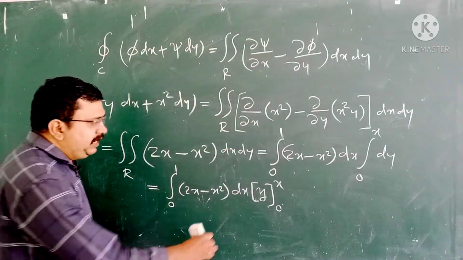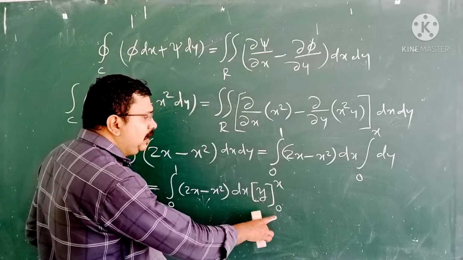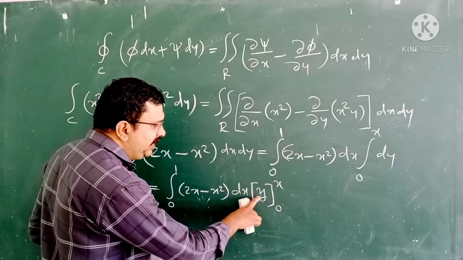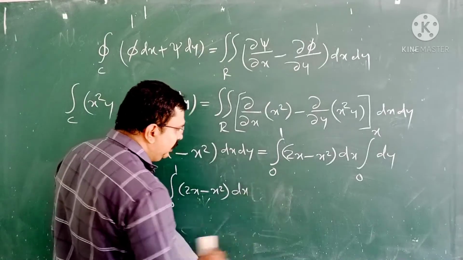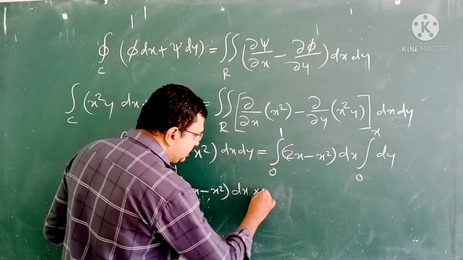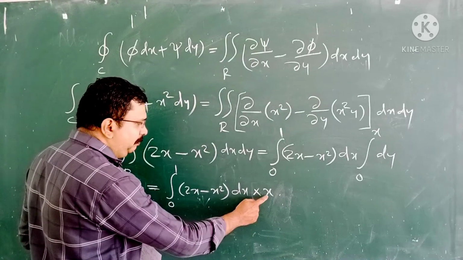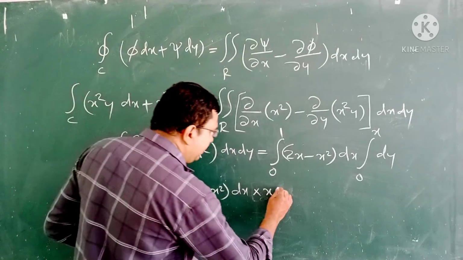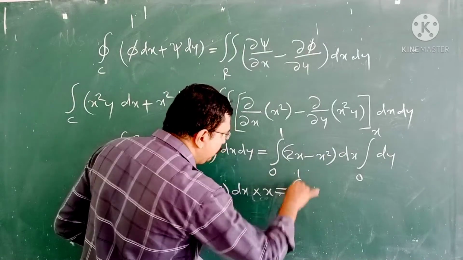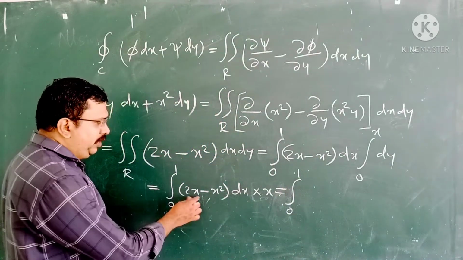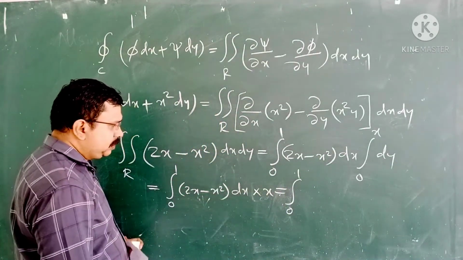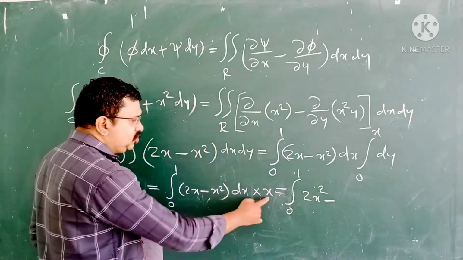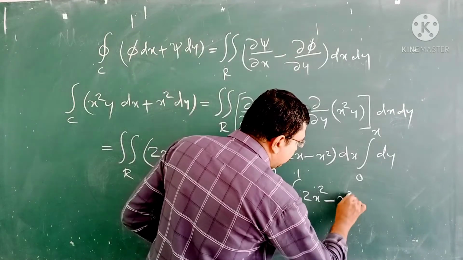Now we multiply x with this term. Then we will get integral over 0 to 1 2x into x, 2x square minus x square into x, x cube